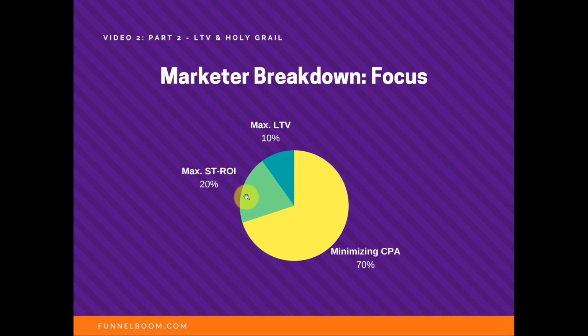Like I mentioned, this is kind of what I see from the breakdown of where people are focusing their attention and their efforts on optimization. About 70% try to just minimize CPA. They might not even be getting the right conversion values back. If they are getting conversion values back at all, dynamically, maybe they're not right, or they know they're not right. 20%